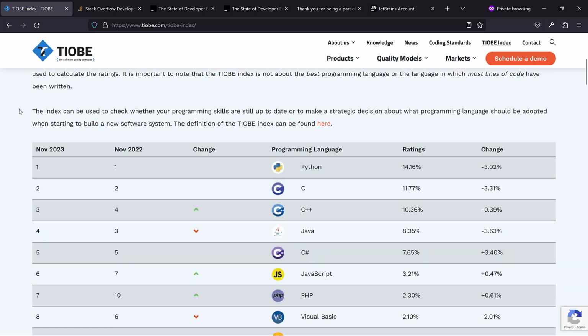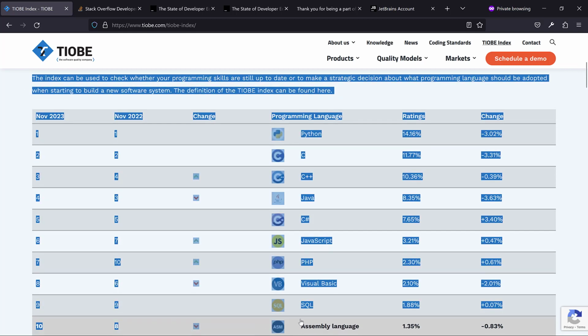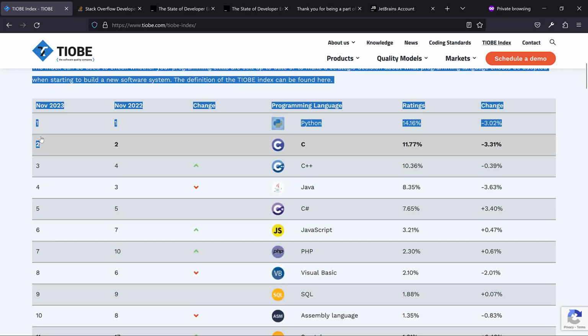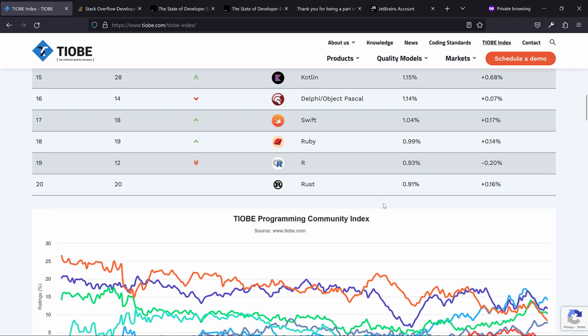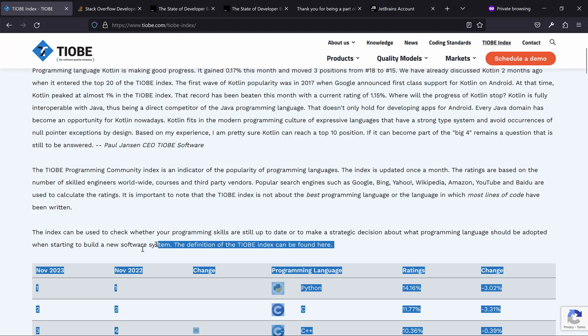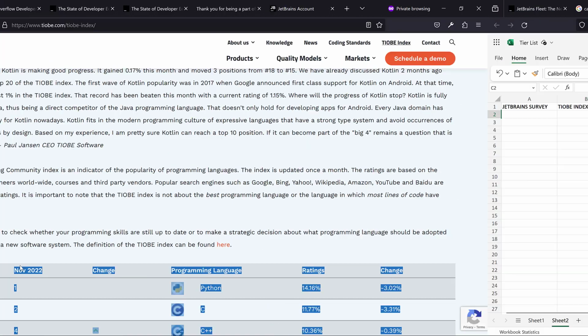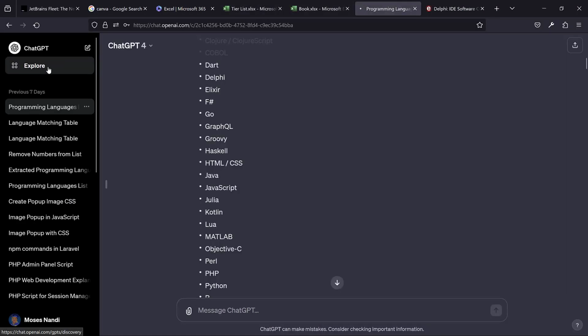So what I'm gonna do, for example, in this case, I'm just gonna copy the whole table. Let's see if I can copy the whole table. The scrolling is a bit slow from the top, so let me copy the whole table from the very bottom up to here. All right, so I'm just gonna press Control C to copy, and then I'm gonna go to ChatGPT, and then what I'm gonna do,